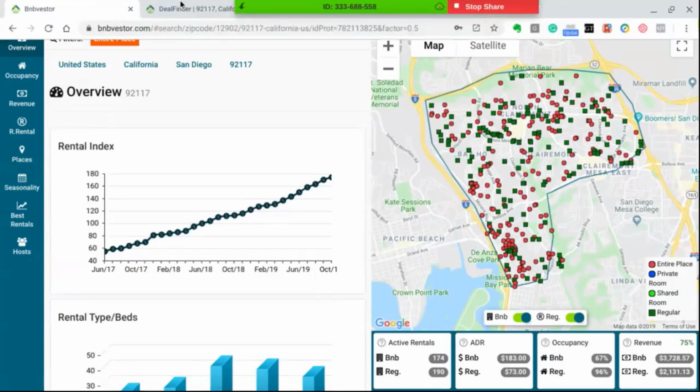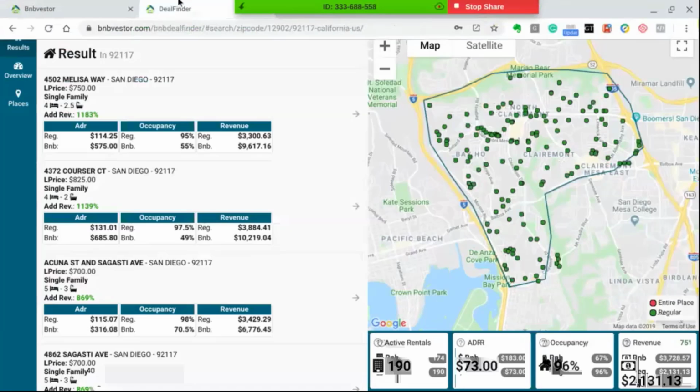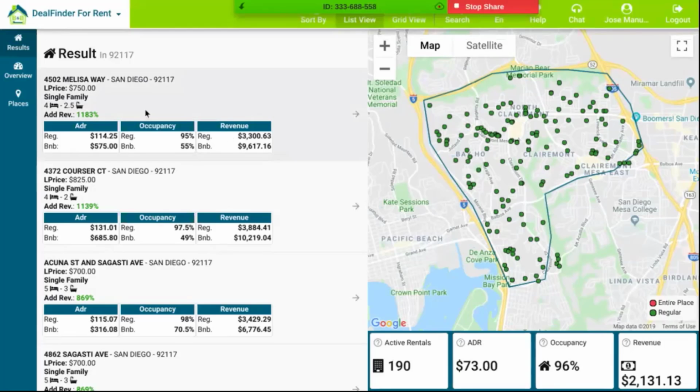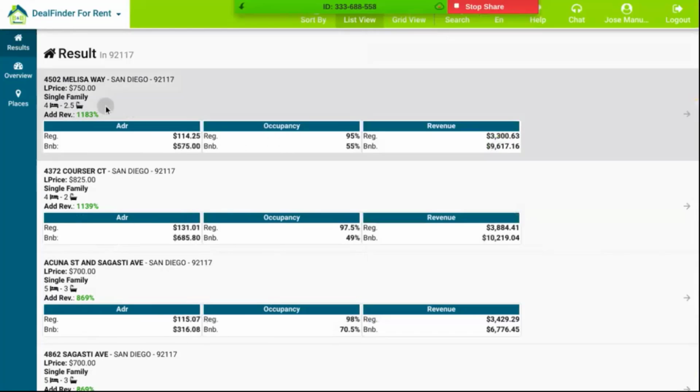But what happens if I make a strong analysis on the property and I want to compare whatever you can make with the regular rental against how much money you can be making if you put it on VMB, on Airbnb in this case? Let's go with the first one. This property, as I told you before, the numbers look crazy high, but let's check it out.